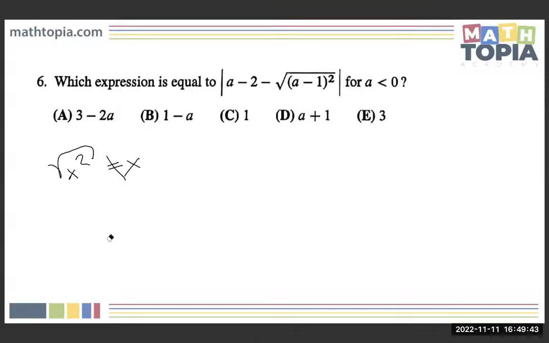If x is negative, then this happens, right? Square root of negative 2 squared, well, negative 2 squared, that's 4, and then square root of 4 is 2. So if you notice, plugging in a negative number will also make it positive, right? So now we can realize from this that the square root of x squared is actually equal to the absolute value of x. So we can replace that